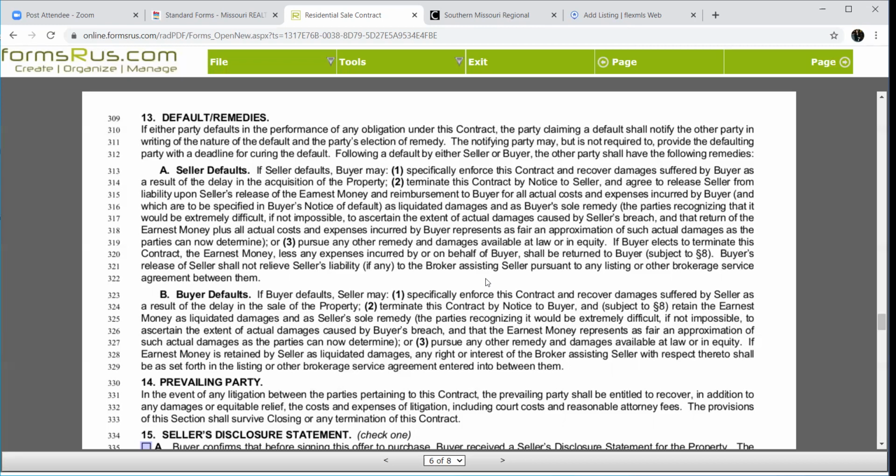If we mutually release them, the buyer's entitled to their earnest money back and any expenses that they have incurred. So if your buyer has spent money at title, if your buyer has had to pay to get the septic uncovered, whatever your inspection costs that your buyer has had, whatever appraisal costs your buyer has had, are all now the responsibility of the seller. So back to our example of the $500 lien from the city, it's going to be a lot cheaper for the seller to pay that $500 than it is for them to default on the contract and have to repay all of these expenses that the buyer has had. So that's usually an easy conversation to have a lot of the time: it's going to cost you more money if you don't pay this off.